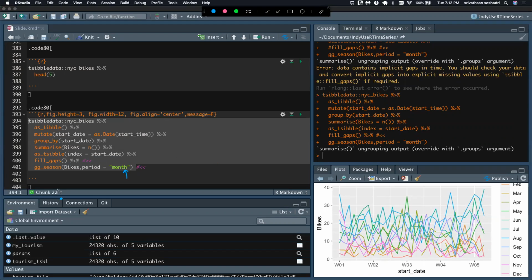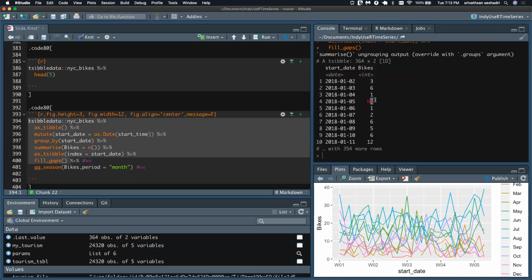Now if I fill gaps, it is going to plug in an NA for that particular date. I can quickly show that. Watch. You see that NA right here? So I put in January 5th and plugged in an NA. You can make it fill any number that you want. If bikes is equal to 0, then instead of an NA, it's going to plug in a 0 right here, right?